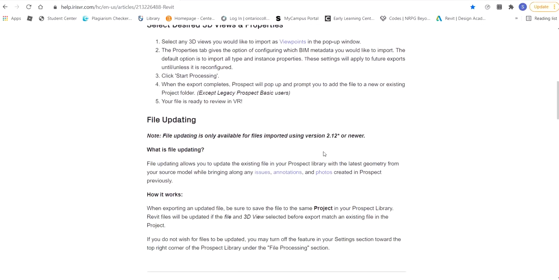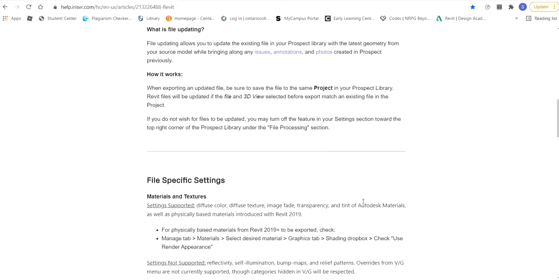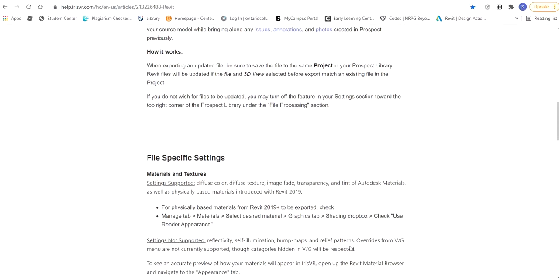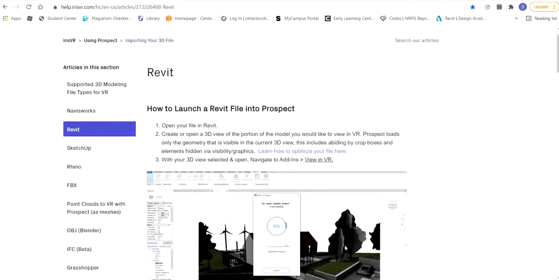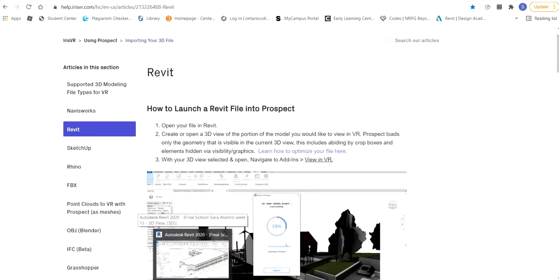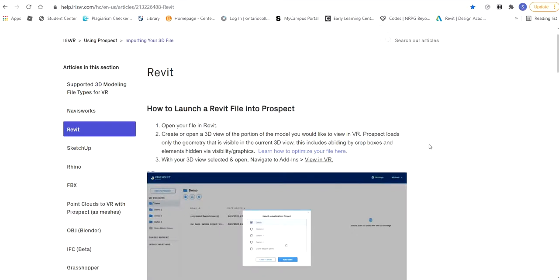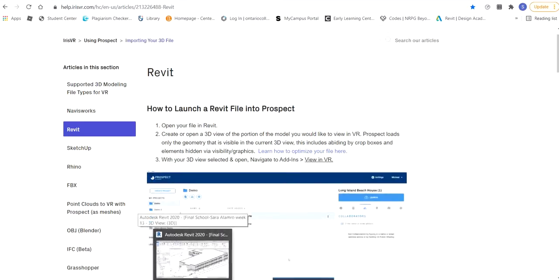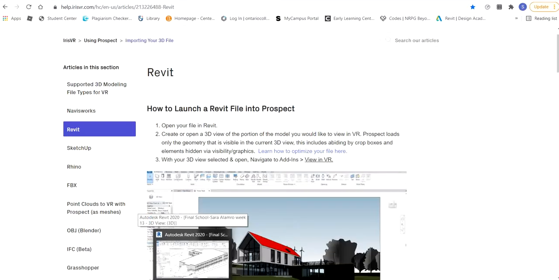It's pretty easy to download. It's not that difficult or complicated. All you have to do is download this program, and you have to make sure that you don't have a Revit application open,